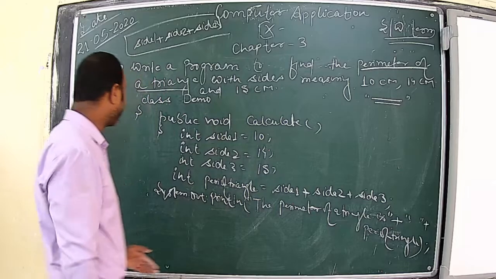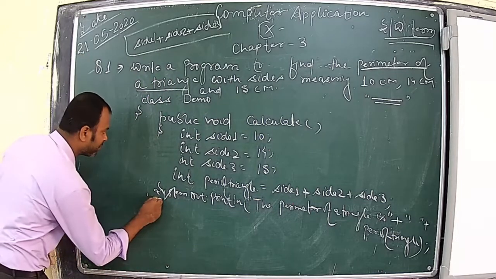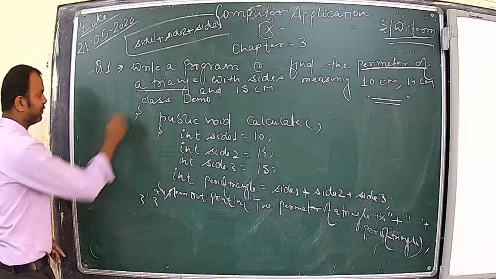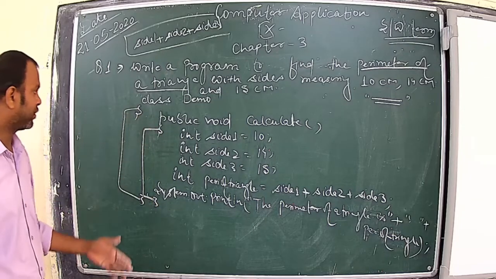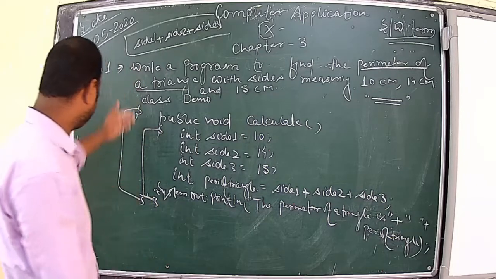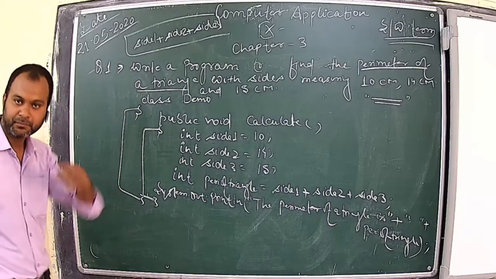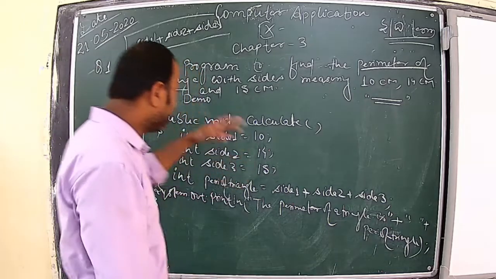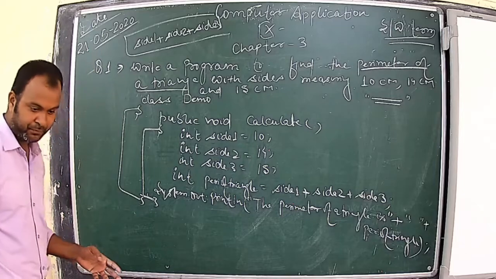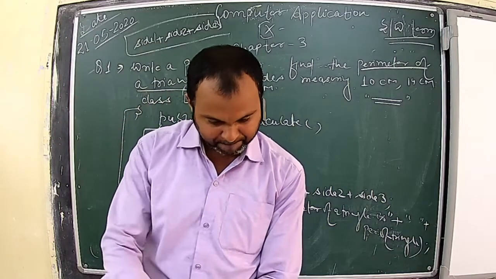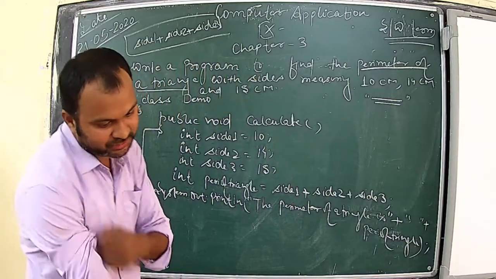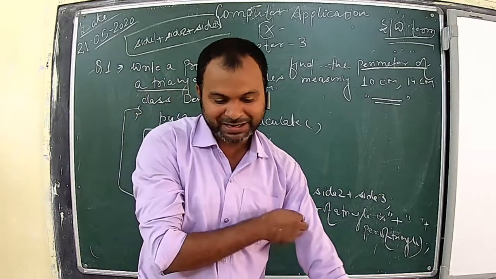So this is how we can calculate. After that the method will be closed and the class will be closed. This is how we can close the method and then the class. Clear? So this is your program. Now the next program we will write is for calculating a square. Find the square whose perimeter is 20.